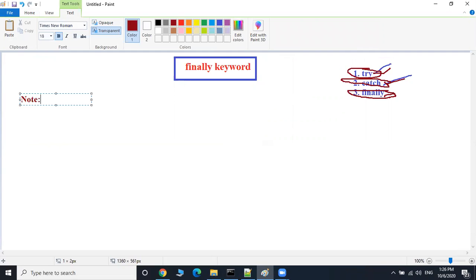Very important point here. The catch block is going to execute whenever the try block throws an exception.